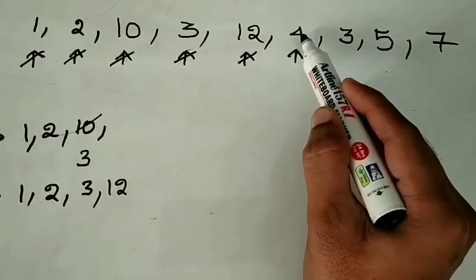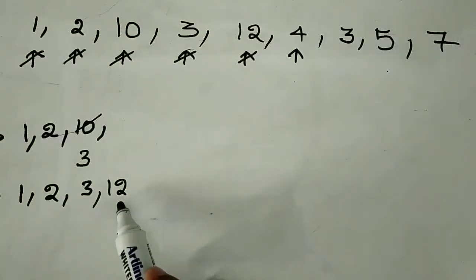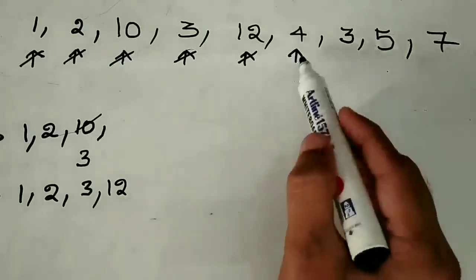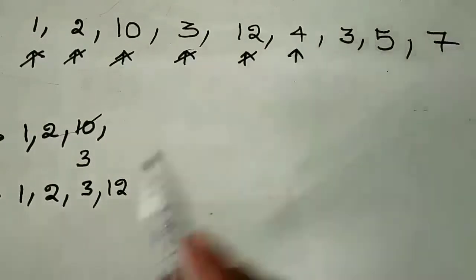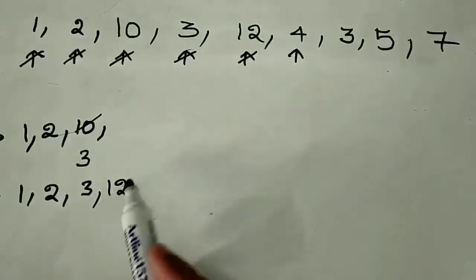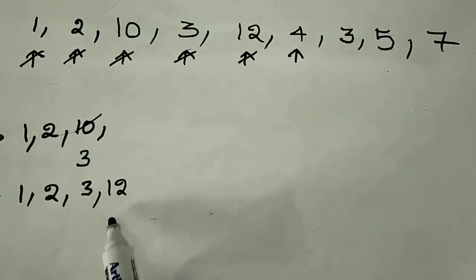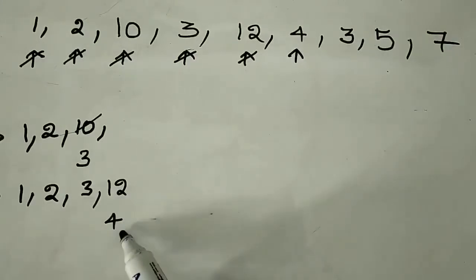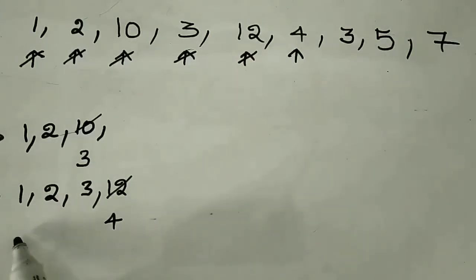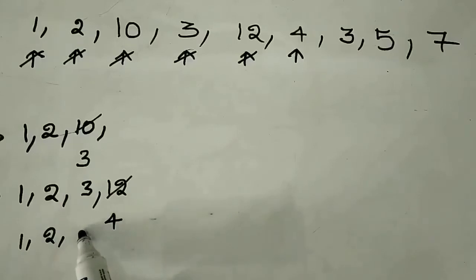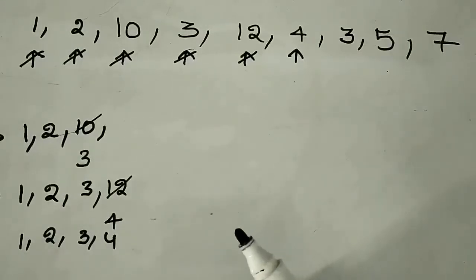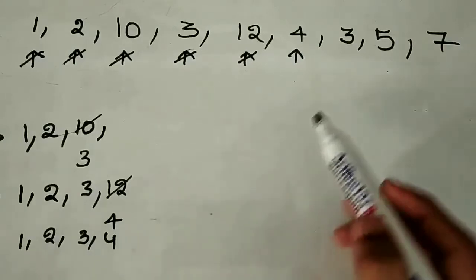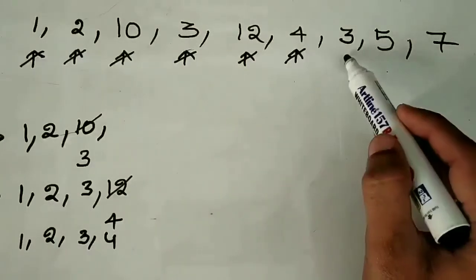Here 4 is not greater than 12. So what we need to do here is, again I will check what is the right position for 4 in this array. That is, 4 is supposed to come here, and I have two choices, should I keep 12 or 4 here. It is always better to keep a lesser value, so I am removing 12 and I am keeping 4 here. Now our new array is 1, 2, 3 and 4, and I will move to the next element.